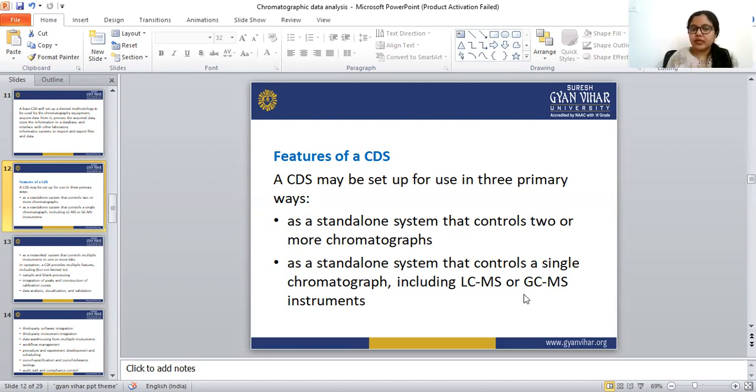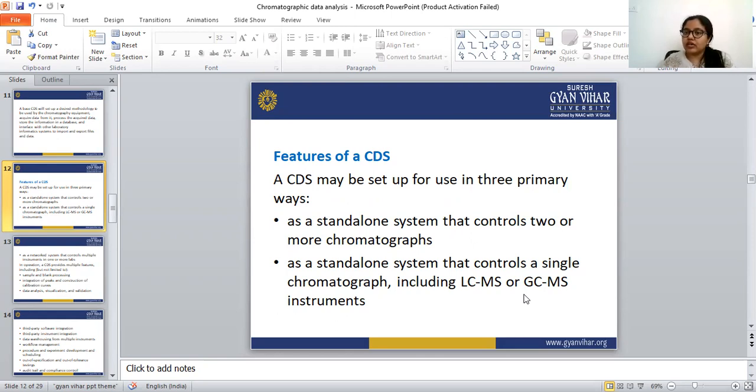So the second way of setting up the CDS is as a standalone system that only controls a single chromatograph. In the first way, as a standalone system, it can control two or more chromatographs.